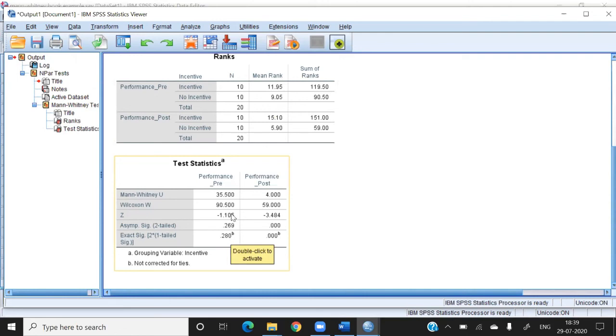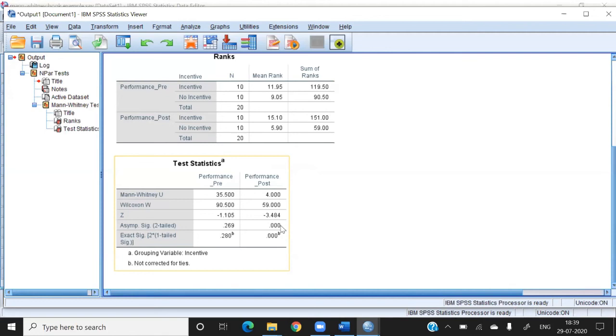Now, after providing the incentive and no incentive, I want to find the difference between the ranks. The mean rank of the first group is 4 and the mean rank of the second group is 59. Are they significant? Yes, they are significant because the probability value is found to be significant. So we can say there is a significant difference between the two.